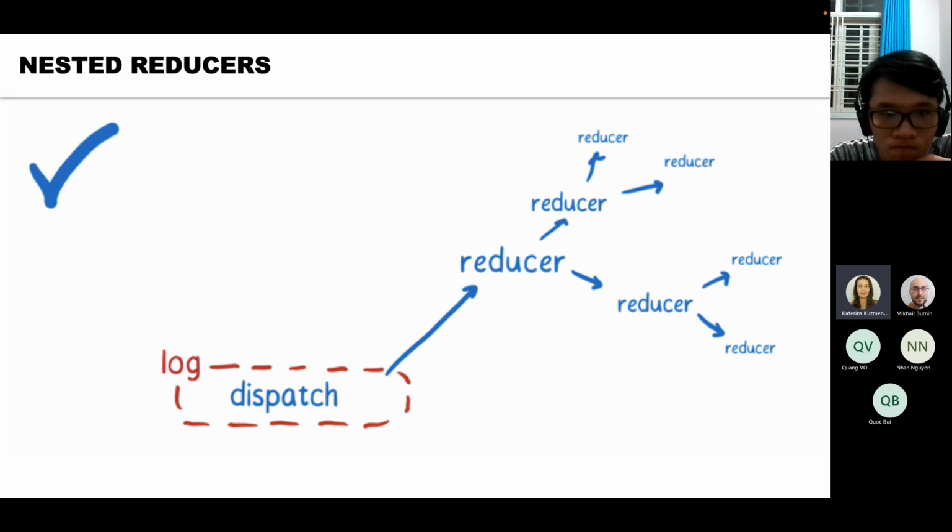But if we want the same nesting in this case,